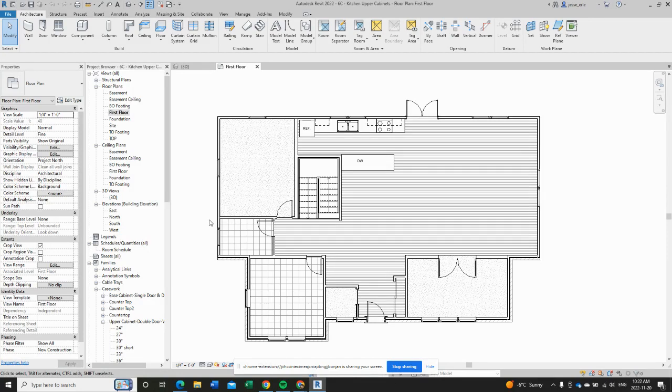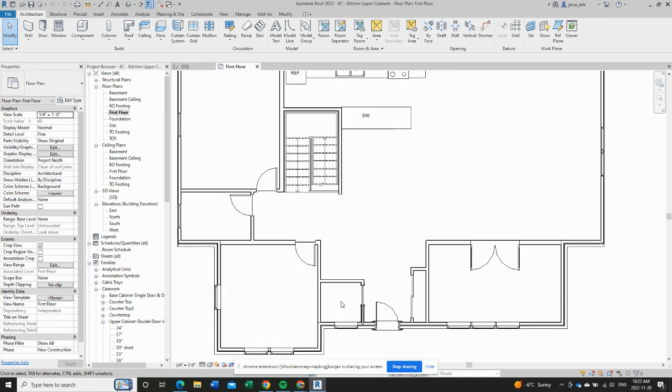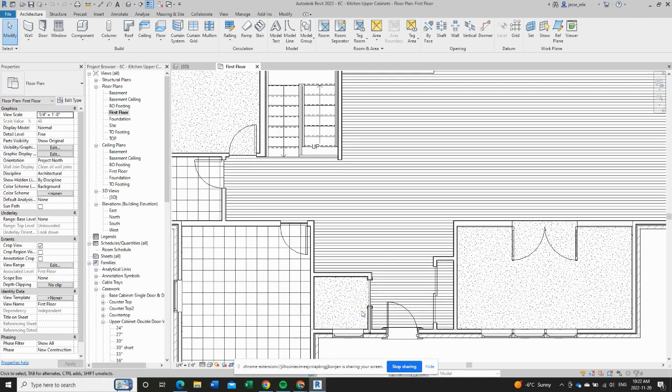So in this file, there'll be a full bathroom in this room, and then there'll be a powder room over here. And this powder room, if we zoom in, we can notice that it's actually carpeted right now. That's something I'm going to want to change over to the VCT, the vinyl composite tile, but I'll save that